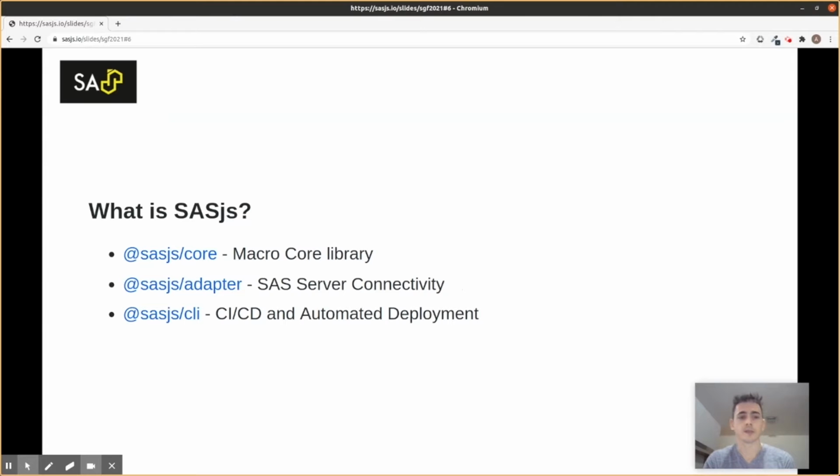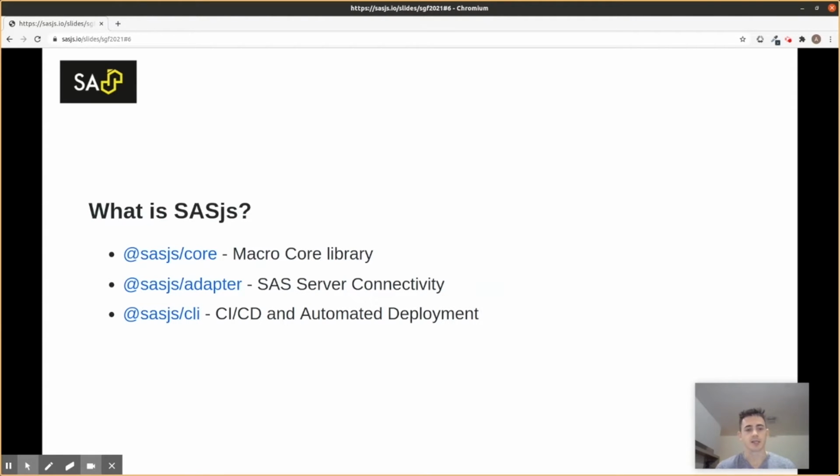So what is the Sasjs framework? It's a collection of parts, each of which can be used individually, but when you put them together, they provide a real accelerator for data science projects and SAS apps. So the first part then is a macro library, Sasjs core, with well over 100 macros for macro functions, macro procedures, metadata macros, and Viya macros.